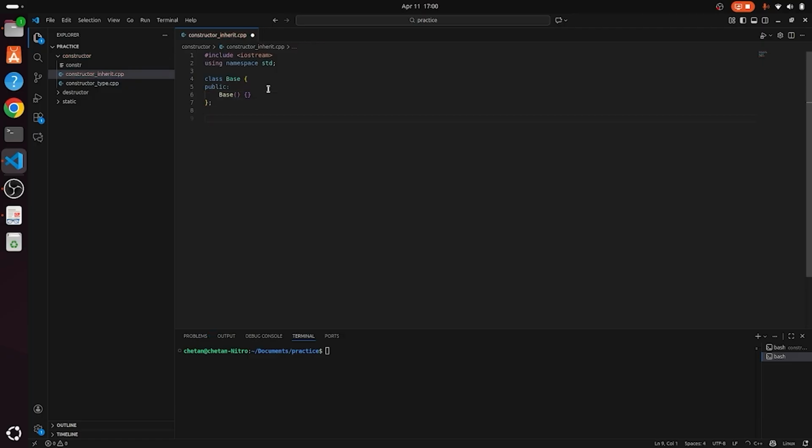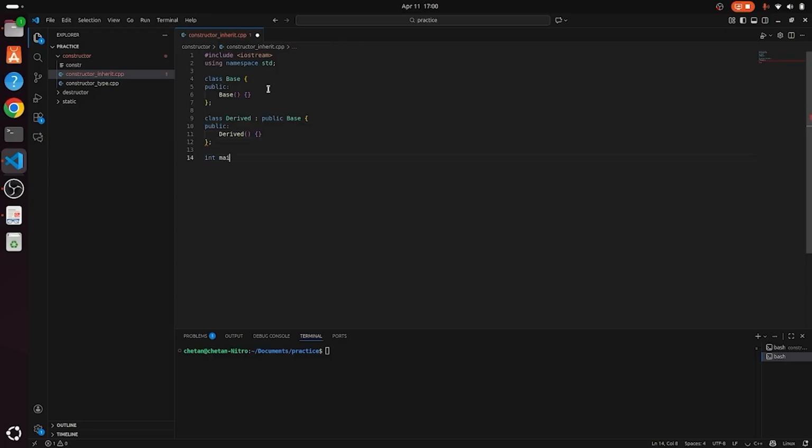Now let us create a derived class which publicly inherits the base class, and inside this we are going to have a constructor for the derived class. Now if I leave it empty